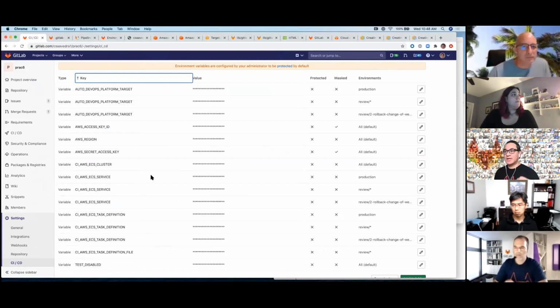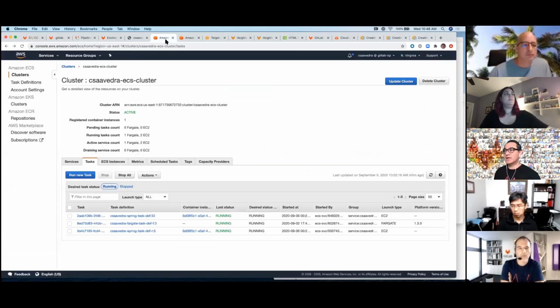So to connect to an ECS cluster, well, first of all, you need to have an ECS cluster, right? So I have an ECS cluster here on Amazon, and it's running right now 3 services, and each service instance is defined by a task definition file. Okay, so before, you had to define your task definition files on the AWS side, and then you could just deploy to them from GitLab. With this new capability, you can actually define and maintain the task definition file on the GitLab side,